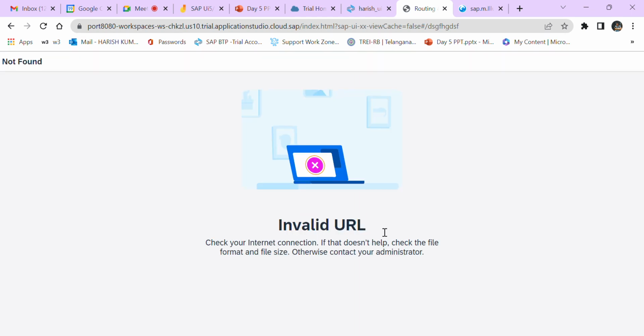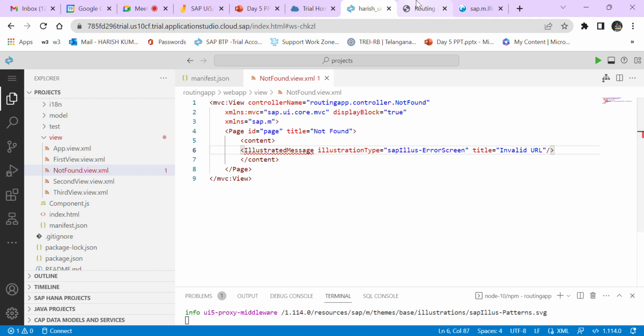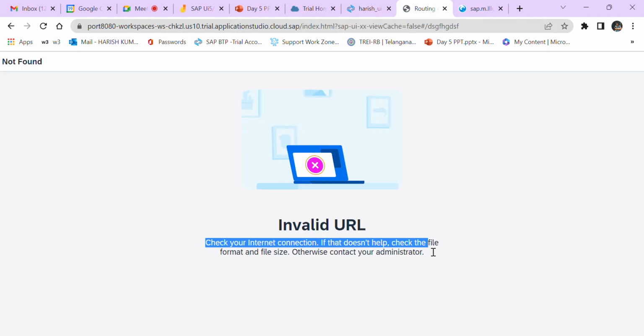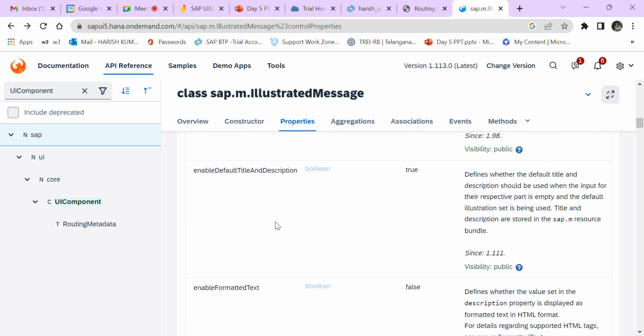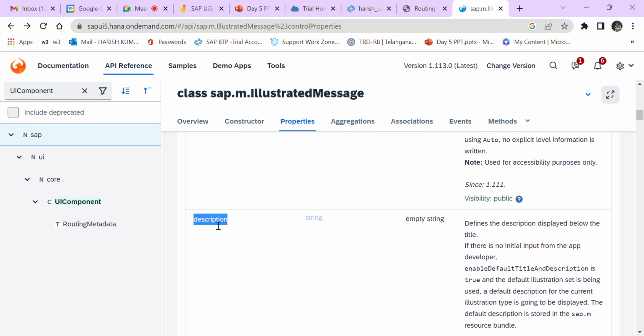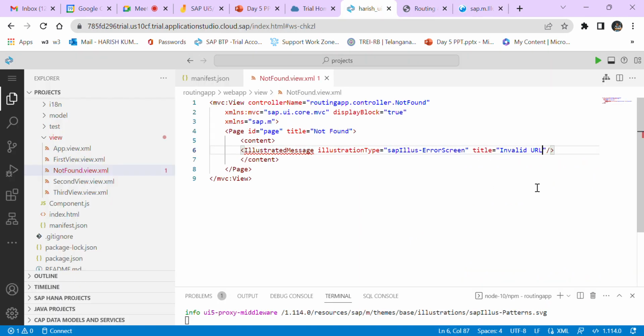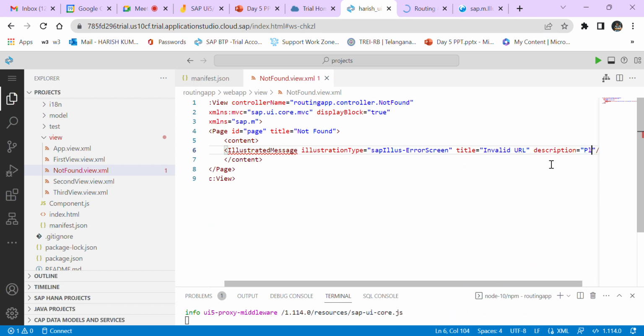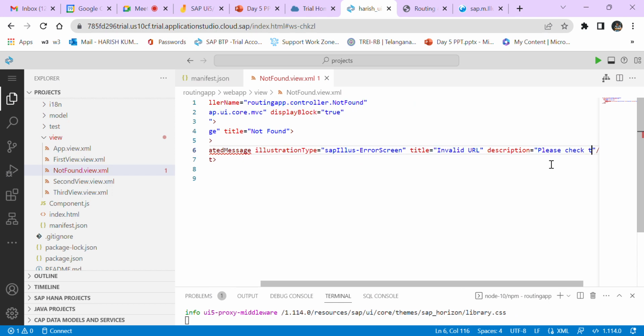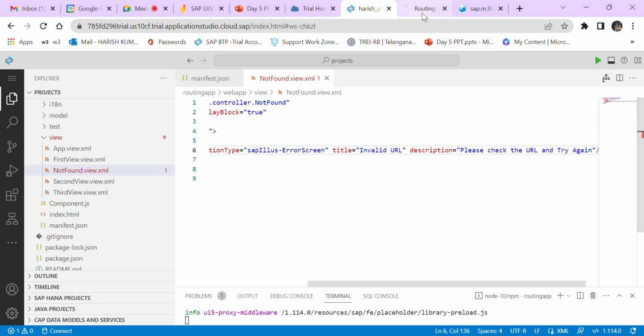See, invalid URL. Now I don't want the description also. I want to edit the description also. You can again search for a new property, description. See, in the description, whatever you mention comes automatically there. Description equal to, please check the URL and try again. Okay,